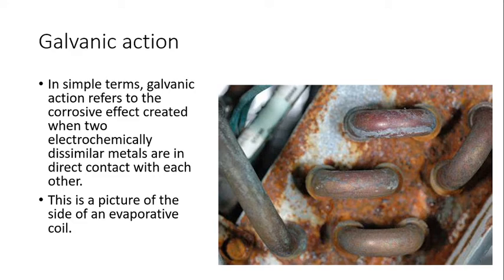and that wouldn't be very problematic with an air conditioning system, except for now when the system's blowing air and vibrates, that metal is now grinding on the copper. That causes a leak. It doesn't eat a hole in the copper, it just eats a hole or some of the metal away. But this is the side of an evap coil, and it doesn't take long, as little as a year